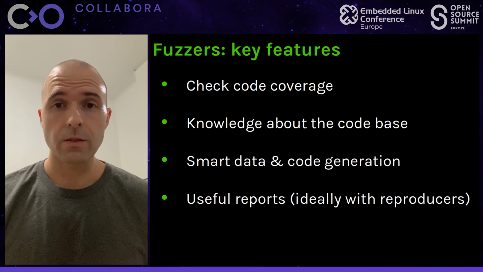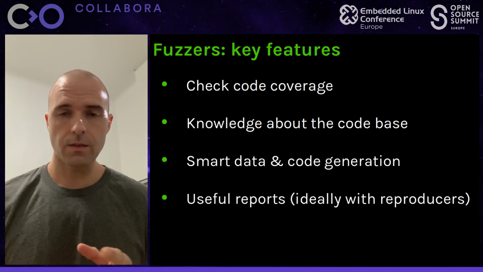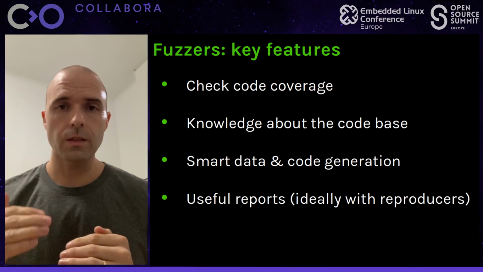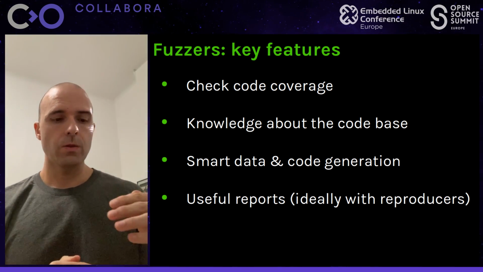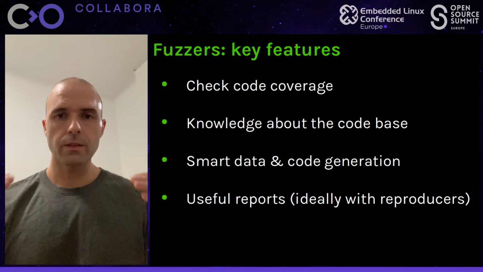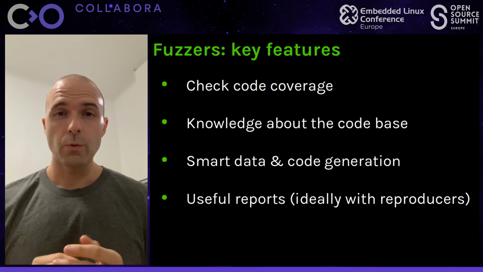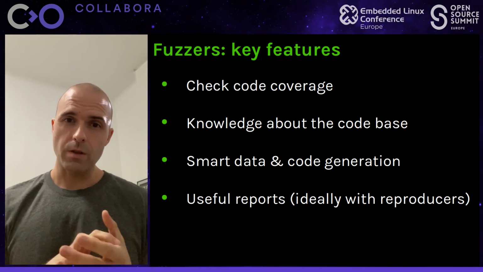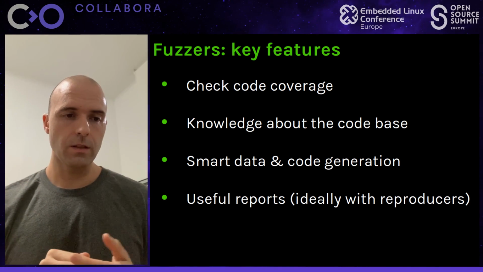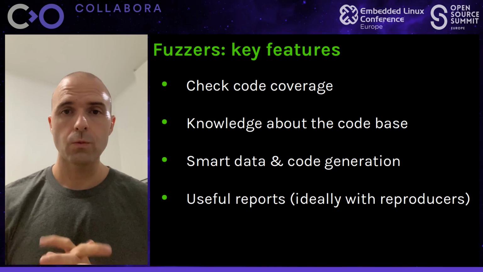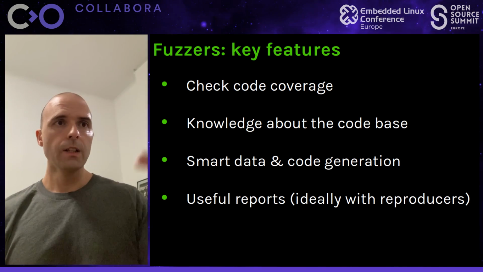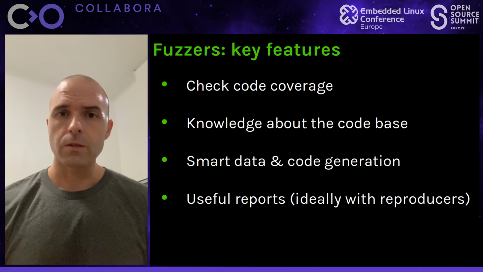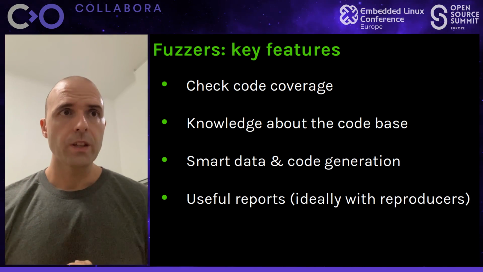When fuzzing the Linux kernel, the test surface is the system call API, which is the part that is accessible from user space. So a kernel fuzzer will generate sequences of system calls with semi-random data inputs to try to crash the kernel, and then it tries to be aware of when that happens. Now, there are many types of fuzzers, and not all of them use the same strategies and the same techniques, but